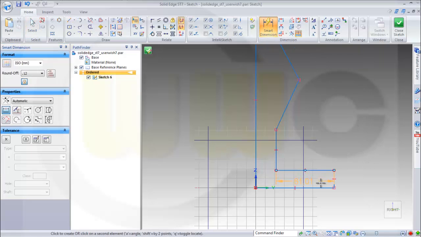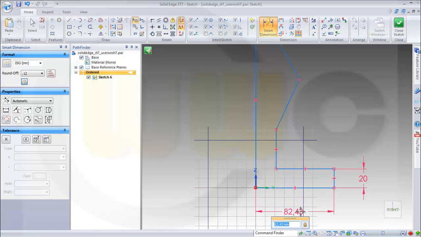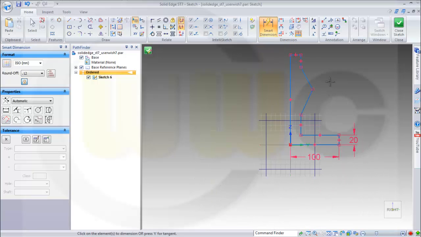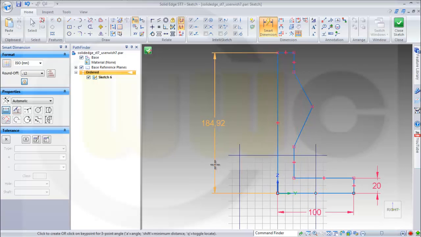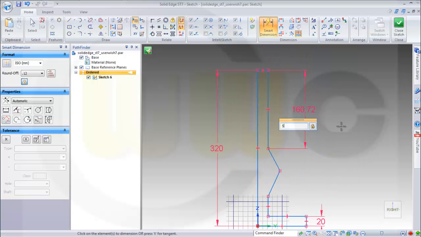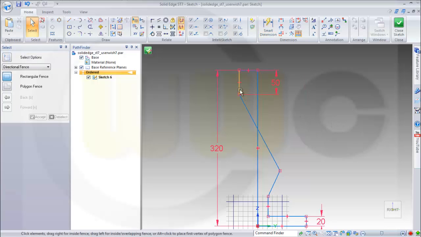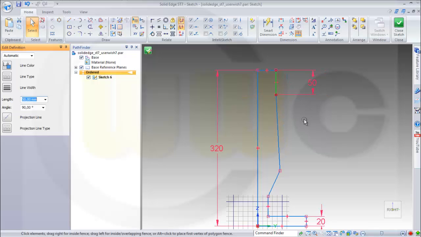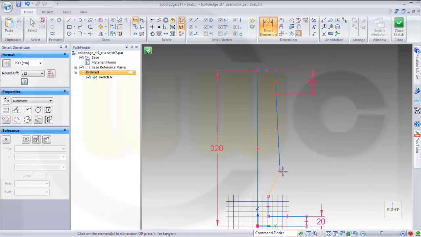Give it some dimensions. This should be 20. This should be 100. This should be 320. This should be 50. Let's move this over here. This should be 50 as well. This should be